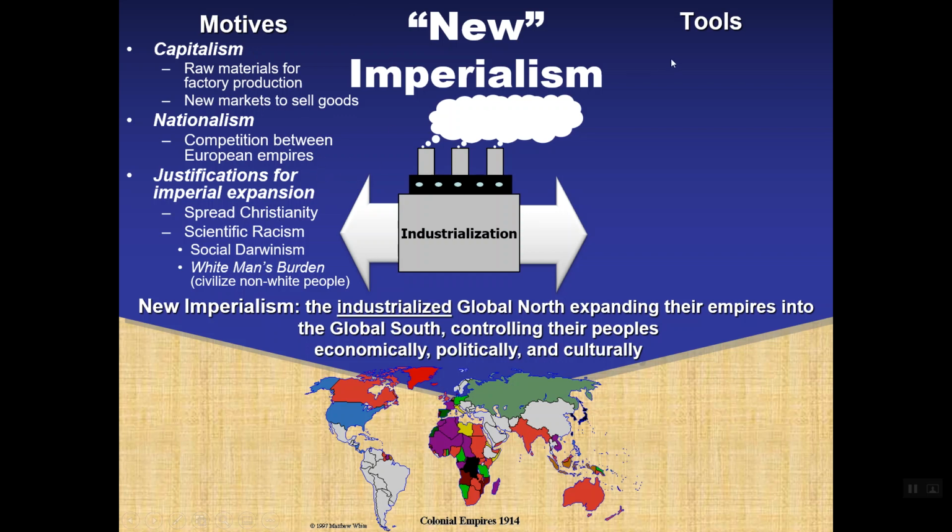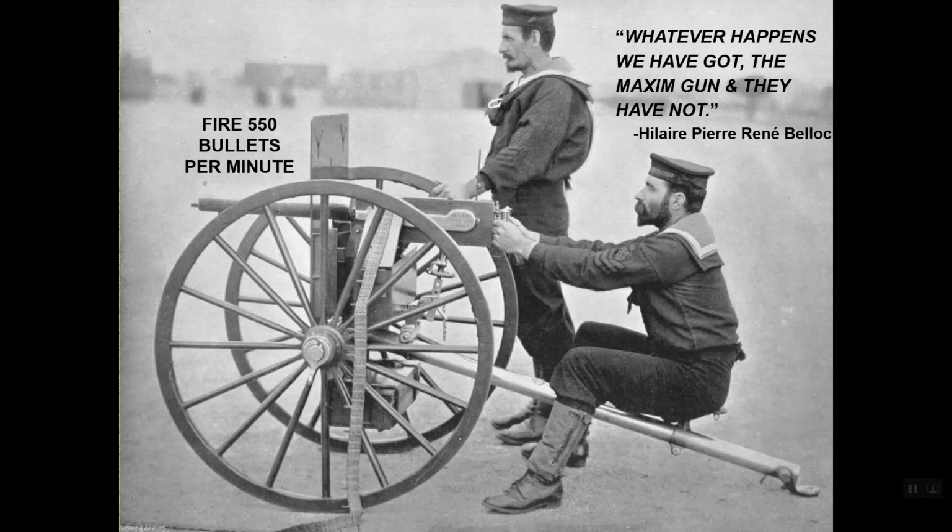Now let's talk about the tools. What tools were they able to use to get into the interior? Remember that at first, Europeans were unable to get into the interior of Africa and into the interior of India and China. How were they able to conquer? Well, first and foremost, that same industrialized technology. So that means rifles and battle tactics, right? Due to the Industrial Revolution, there was the invention of the Maxim gun, right?